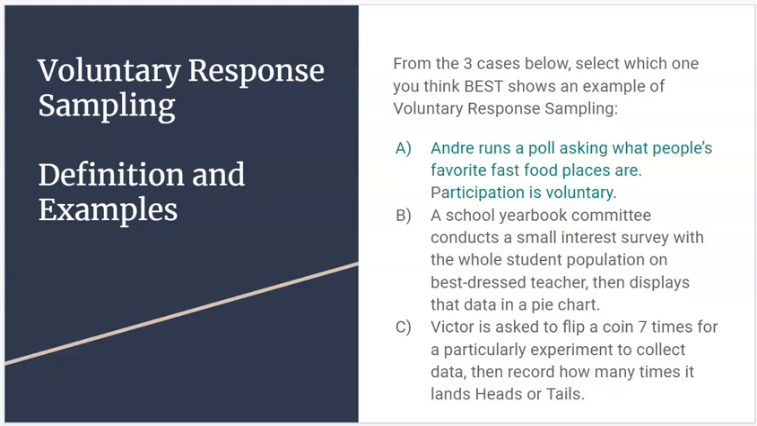All right, hopefully you chose A. Andre is polling people and asking what their fast food favorites are, and participation is voluntary. That's the key there. Another example of maybe a voluntary response sampling is that if you have a Twitter and you see a bunch of polls, maybe by your friends, I know a lot of my friends do this,